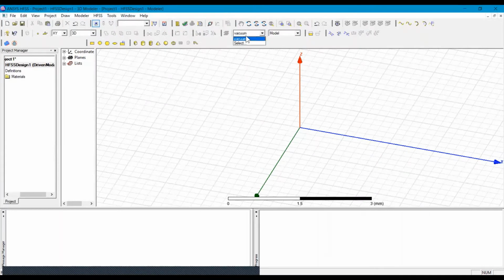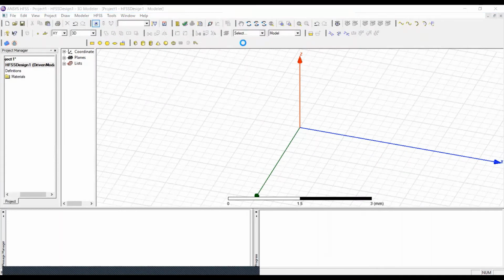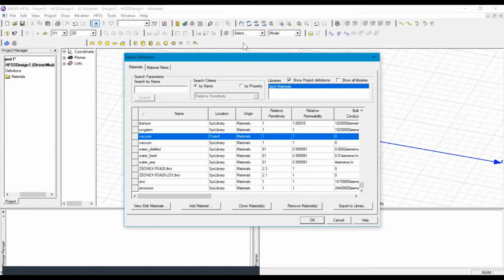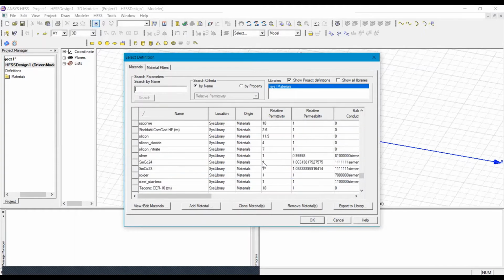Vacuum is there. From here we can select the material, or there is another option: first you can draw your geometry and then select the material. So there are two options. First I am selecting the material, and the material is alumina having the dielectric constant 9.9, but alumina is not in this list.